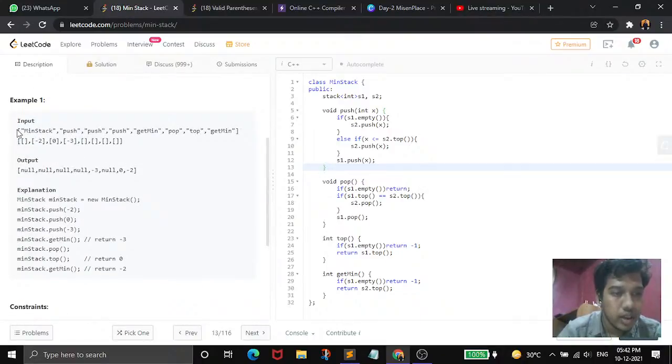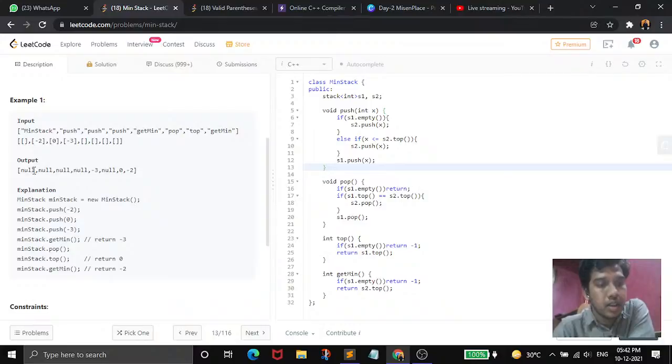So in the input they are going to give this type of parentheses, which is firstly no element, then -2, then 0, then -3, then again empty elements. So what they want for this is to perform MinStack. Then for -2 they want to perform the push function. For 0 they want to perform push. For -3 they want to perform push. For this thing they want to perform getMin. So these functions they want to perform for these given elements, and the output will be MinStack.